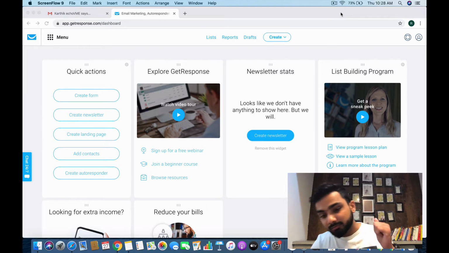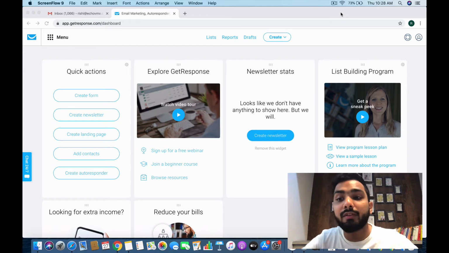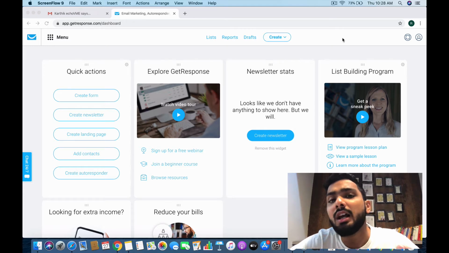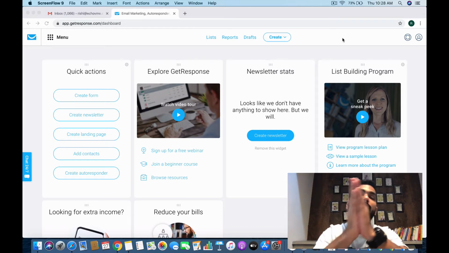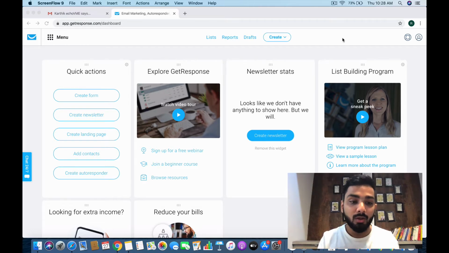Okay, now if I want to buy a landing page tool, let's say Leadpages, Instapage, Unbounce or ClickFunnels, I have to spend no less than 4,000 rupees. Okay, 4,000 is the starting price per month for the landing page tool itself, and then on top of that you have to add the cost of an email marketing tool as well. So you have to spend somewhere about 8 to 10,000 rupees for your emails and your landing pages, but this tool provides you both at a price point of about 1,100 rupees or something, right?